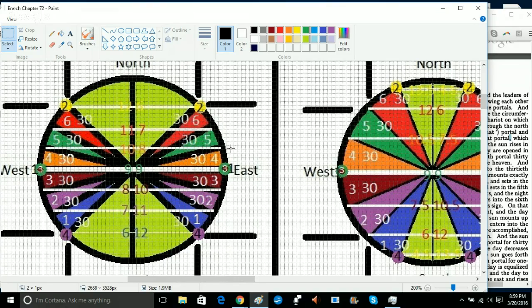After 30 days, or on the 30th day, the amount of light has gradually increased in the daytime, and the amount of night has gradually decreased. So by the time you get to the end of the month, it is now 10 parts light and 8 parts night. Then the next day, it enters the 5th portal,